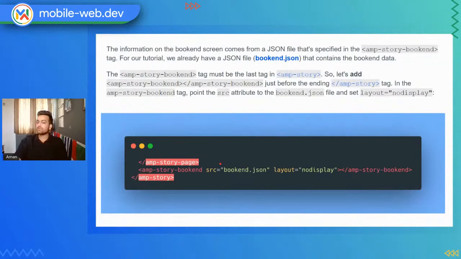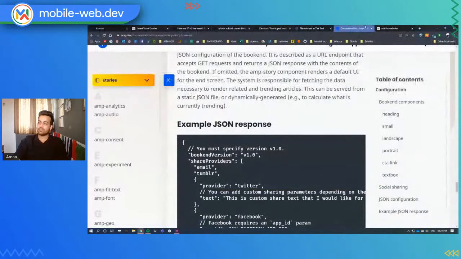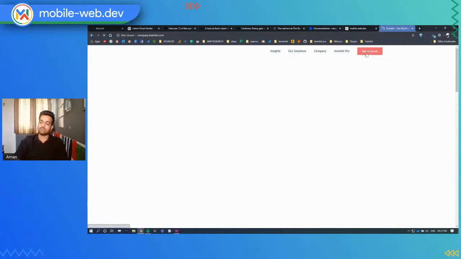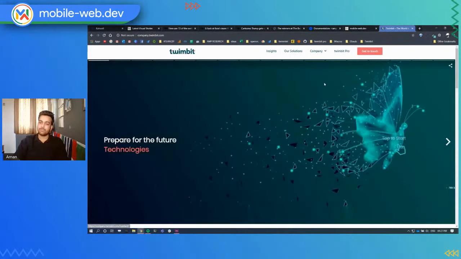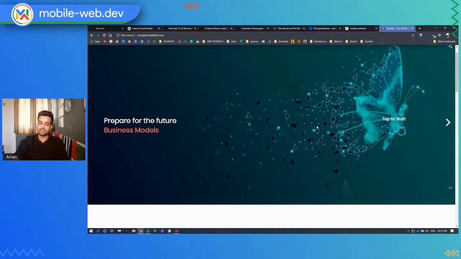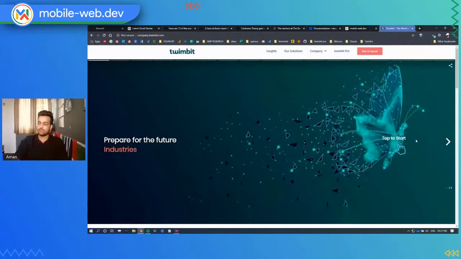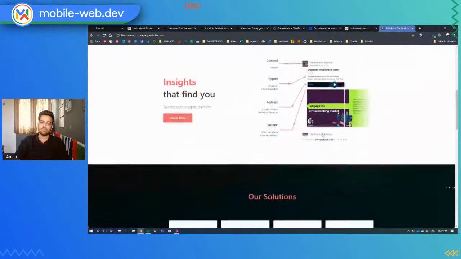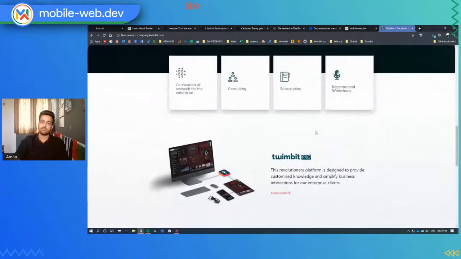No, you cannot use stories as scrollable. Stories only support tabs. But there is a unique way to do that inside our 2Mbed platform. What we have done is embed the whole AMP story inside our platform using an iframe. AMP stories can be embedded inside an HTML page using iframes, and then there are these tabs which go on, and then you can also scroll to go to the rest of the website.